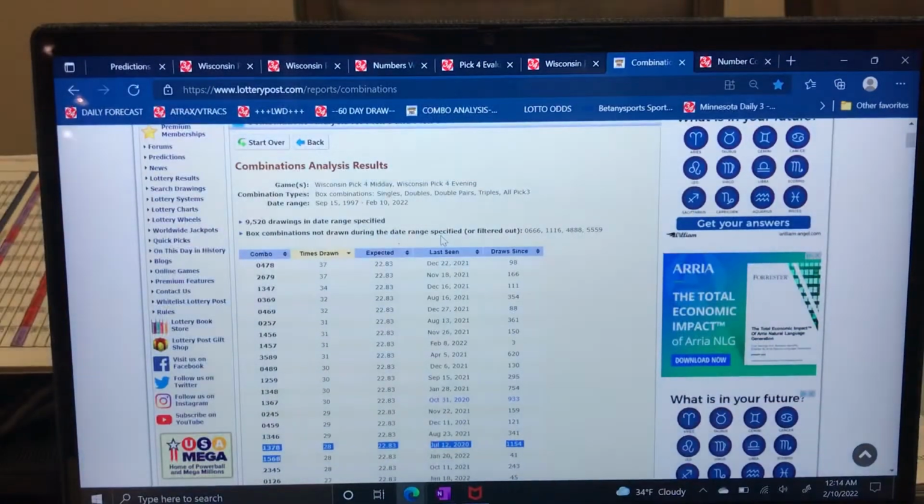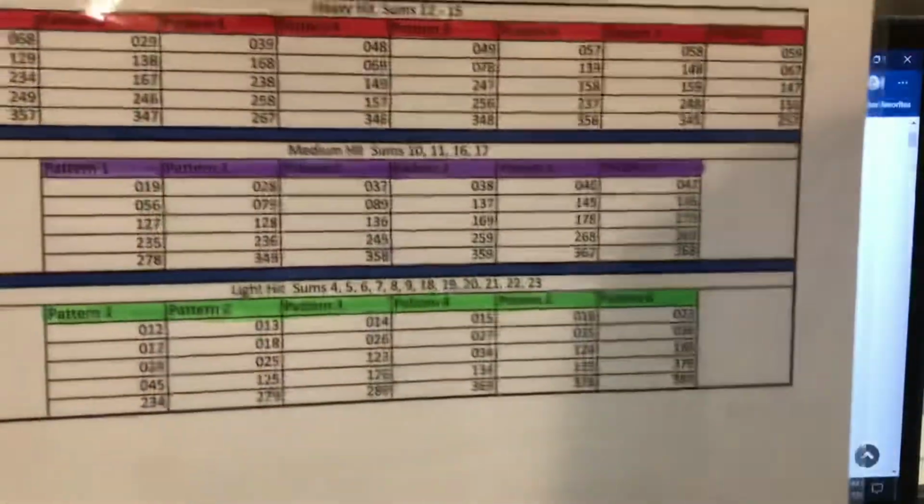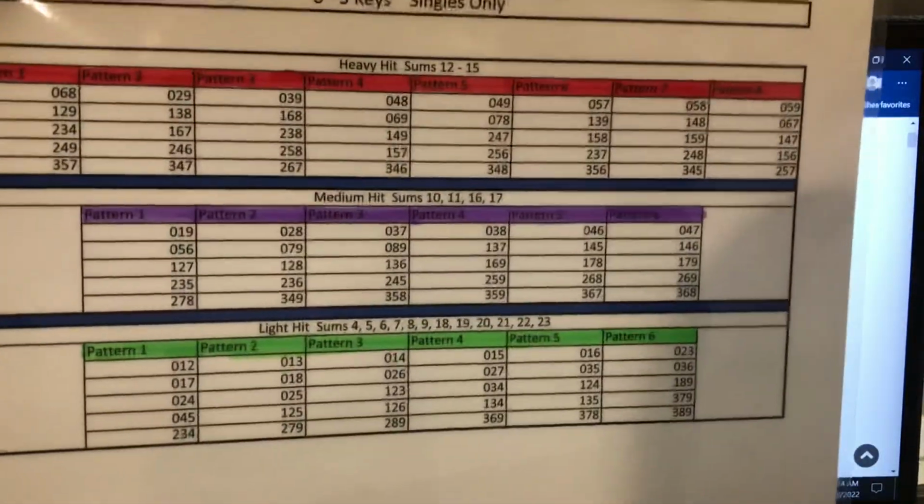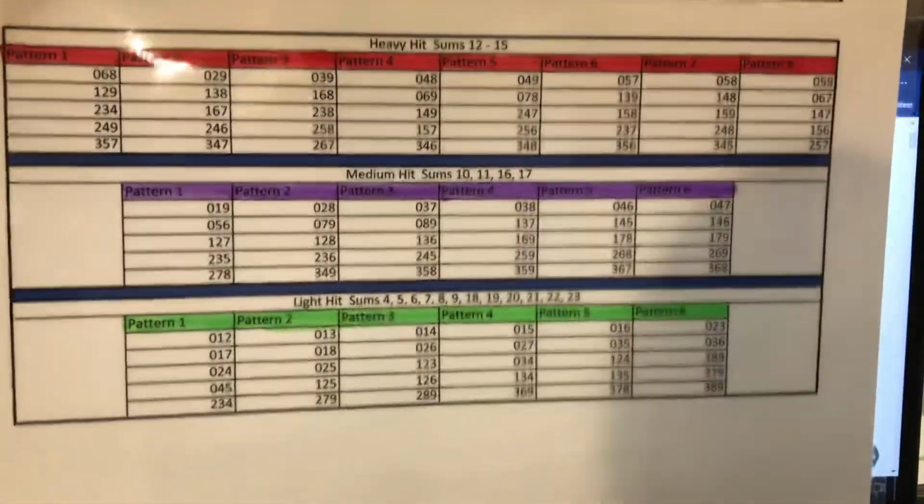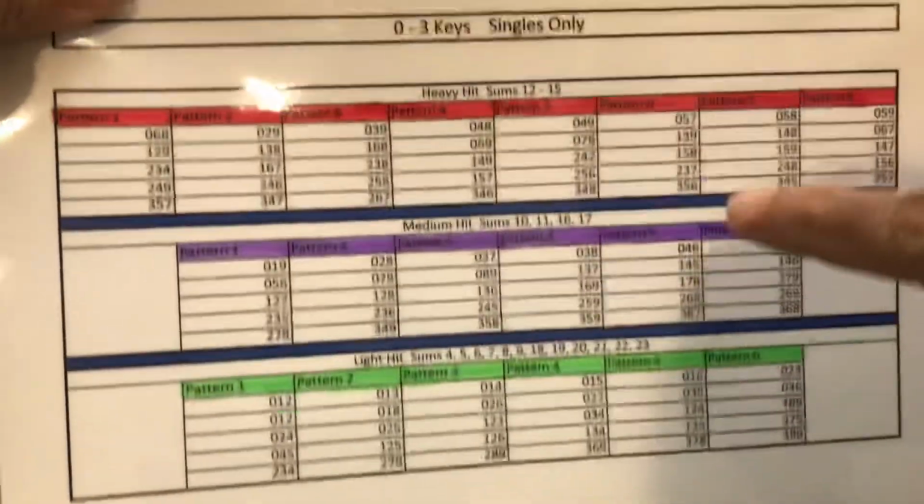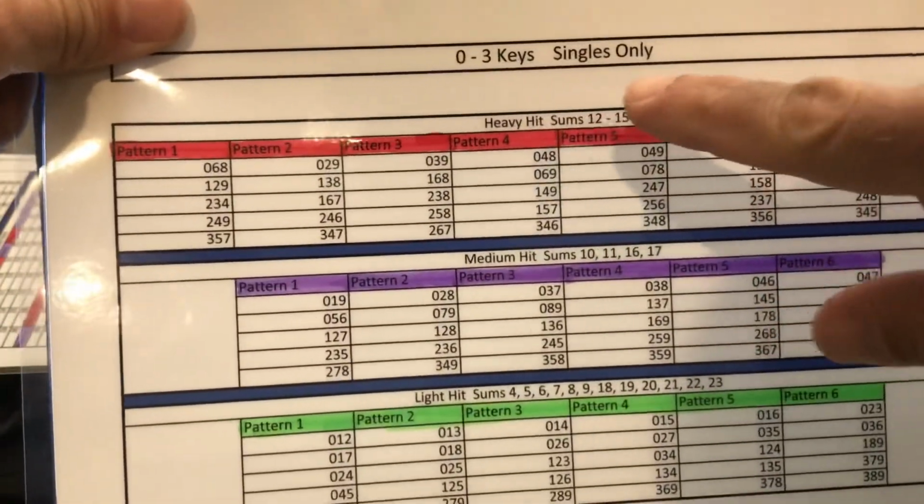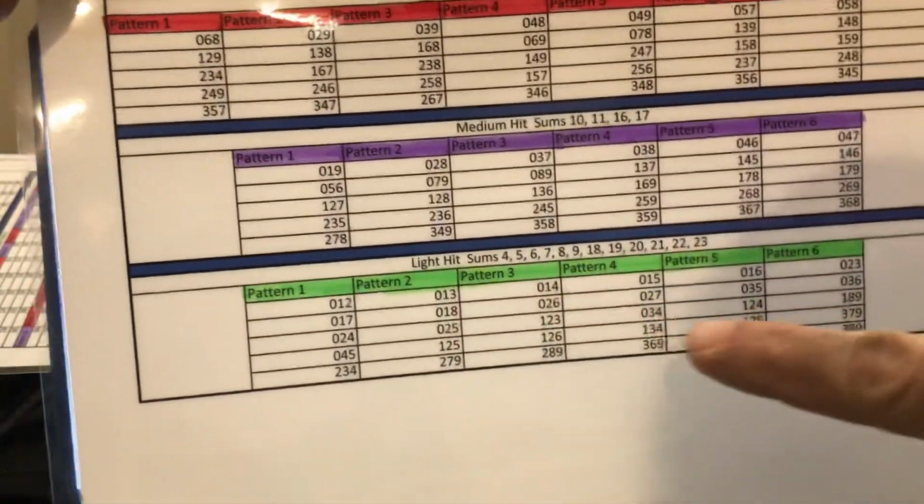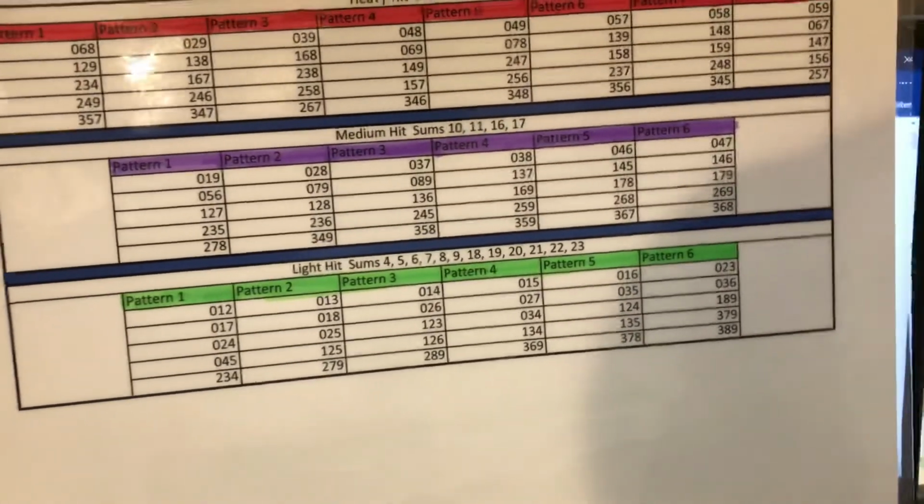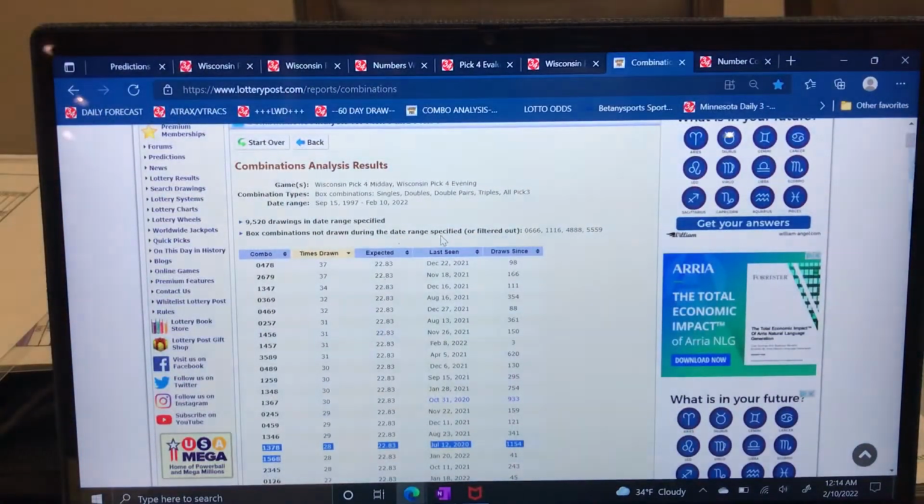Oh, sorry, wrong one. And I'm not selling anything. I don't give a rip. I'm just trying to win, man. That's all I'm trying to do. So here's the greens for what I call the 0 to 3 keys, singles only. So that's due for Wisconsin. So I'm going to isolate that, like David was saying. Anyway, let me get back to this. So I'm pretty excited